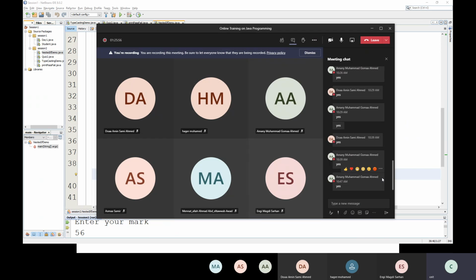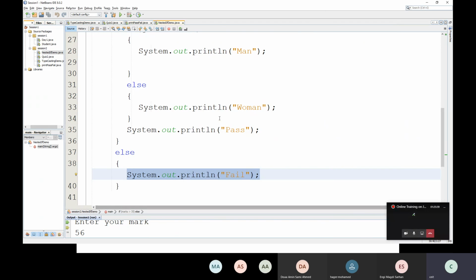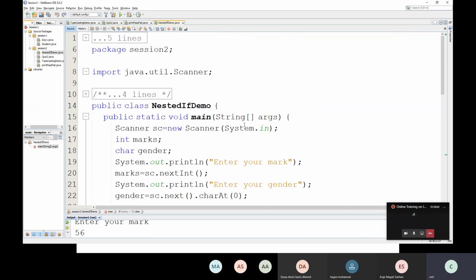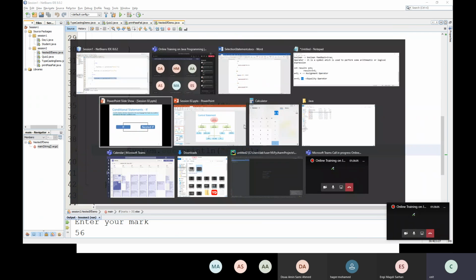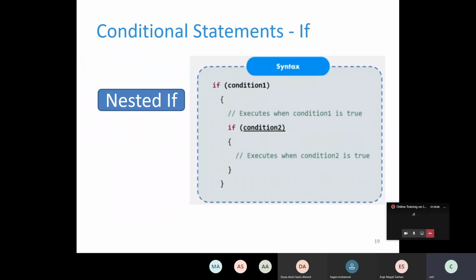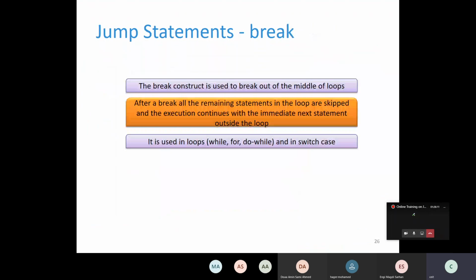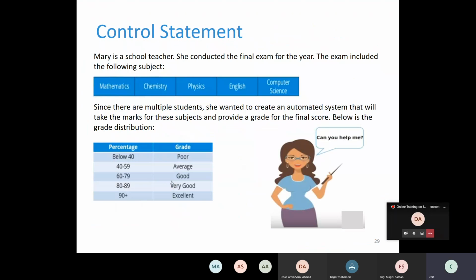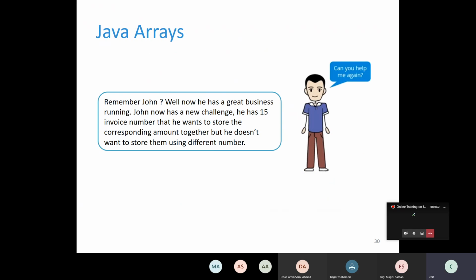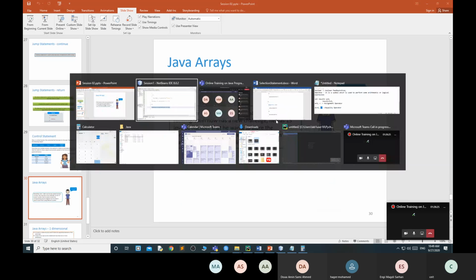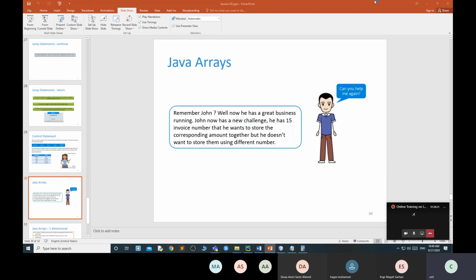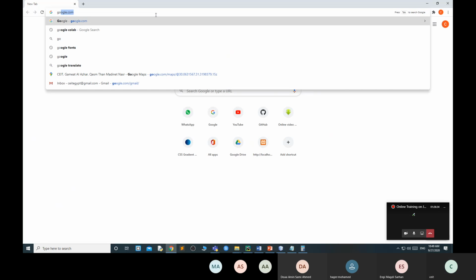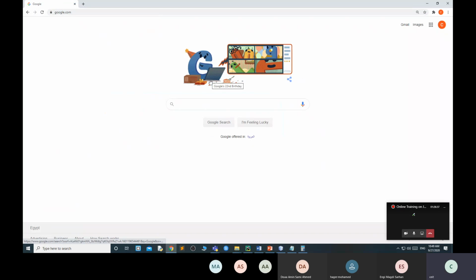But before that I suggest all of you to practice. I will share this code, but you need to practice more code. Like here I think in my slide I have the question. Here I have a question on control statements. You can read it, and you can write the code. Else go to the website, like Chrome. Here like Java